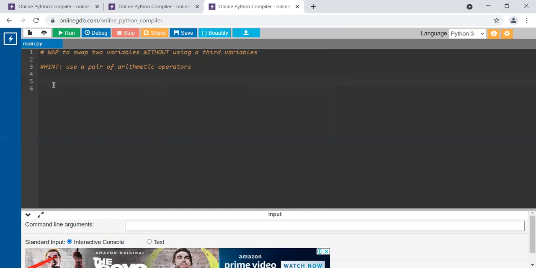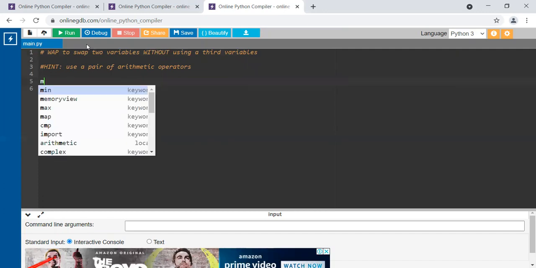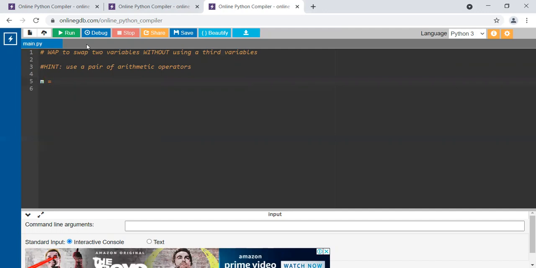All right, let's take two variables. Variable m, storing the data 6. Variable n, storing the data, let's say 5. I want to swap these values. Okay, let's go for 15. Why does it have to be always 5, right? So ultimately, what is the answer we are expecting? The answer is m should become 15 and n should become 6. So this is the solution we are looking at.